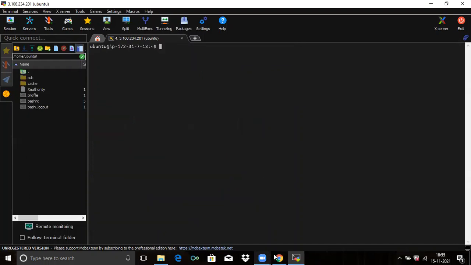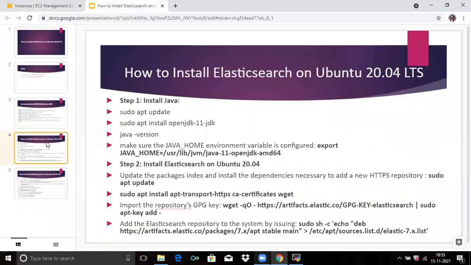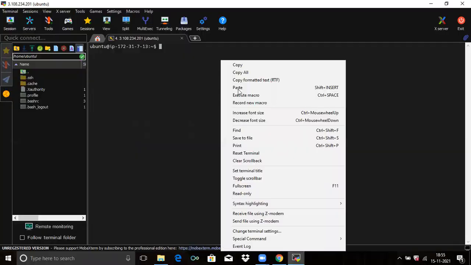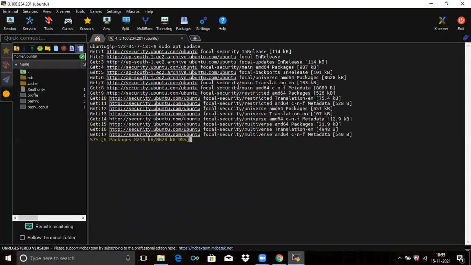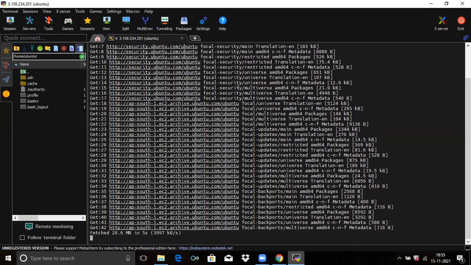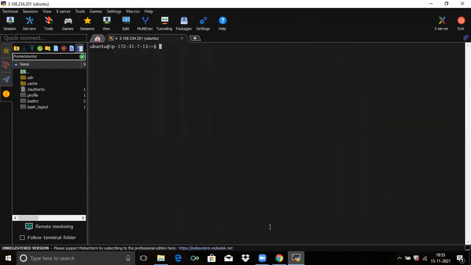Now we are going to install Elasticsearch on Ubuntu 20.04 LTS. Firstly, we need to install Java. Before installing Java, we need to update the system packages. So it's done. Now we are going to install Java.